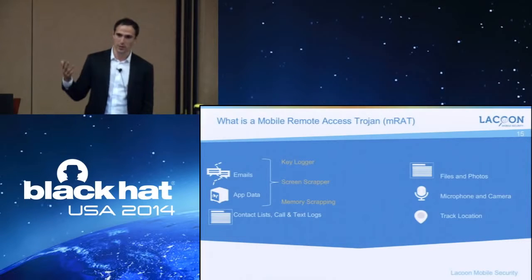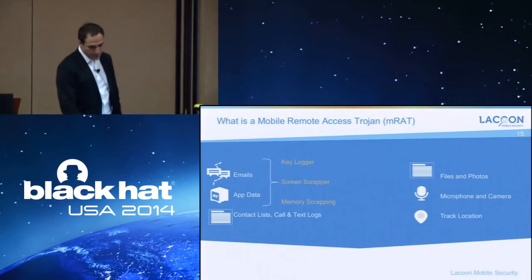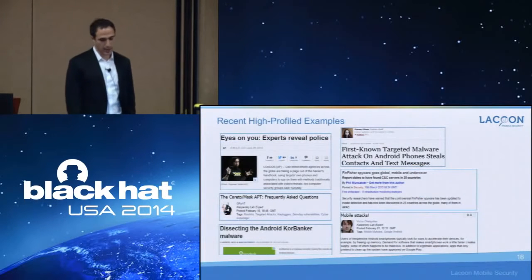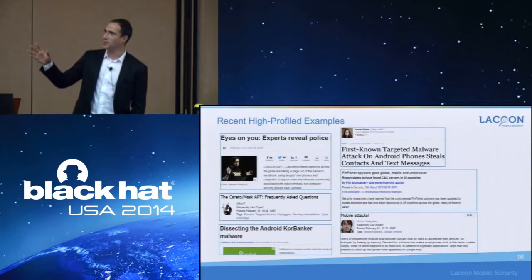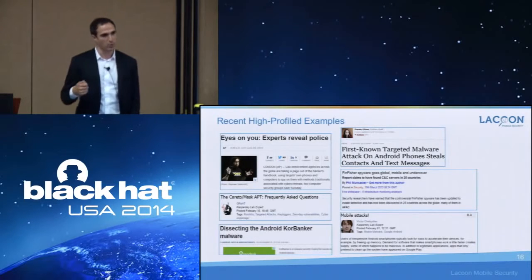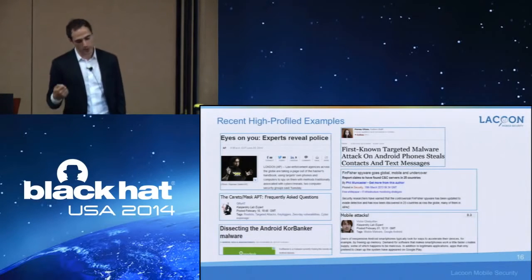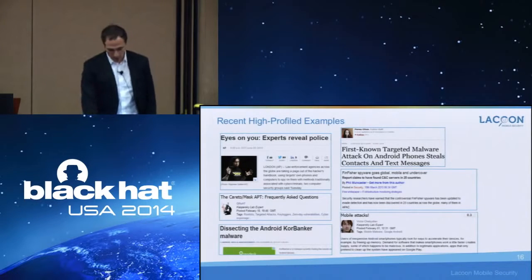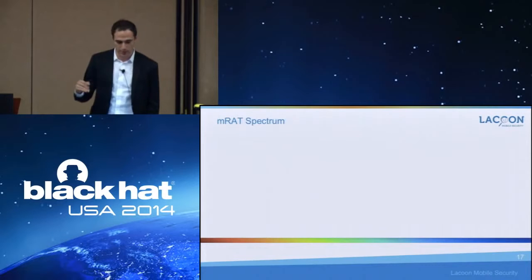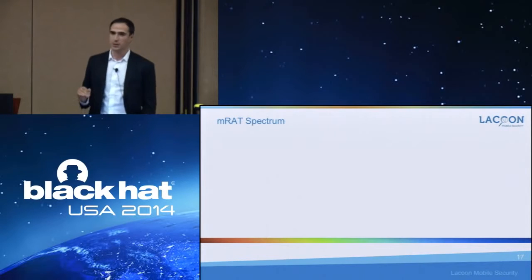So those are generically the three attacks that they would use. And just to give you a high-level example, those are some of the press releases that were recently about all kinds of APT campaigns where a mobile component, which is essentially an MRAT, was part of it. And while this is what you see in the news,